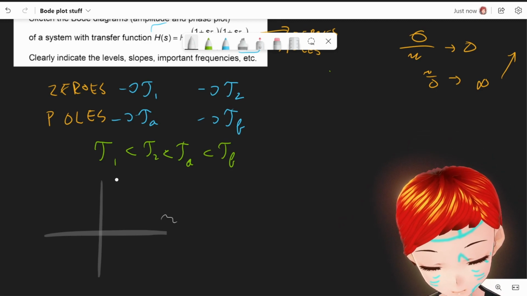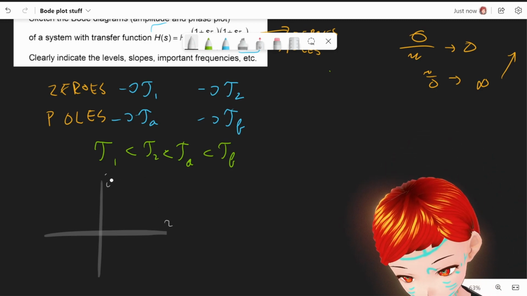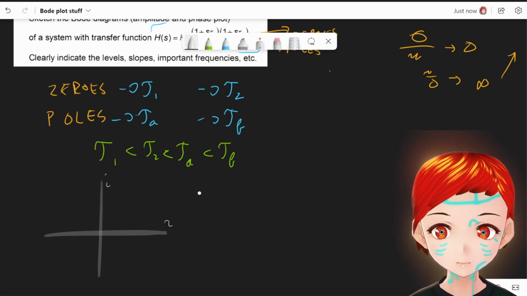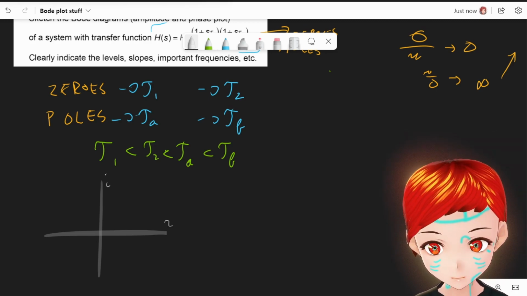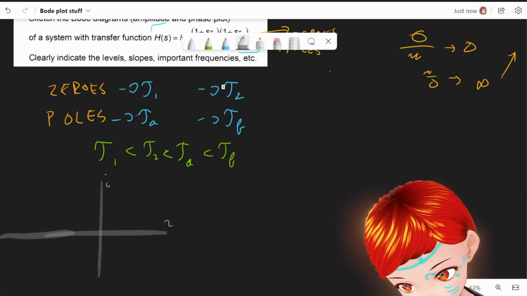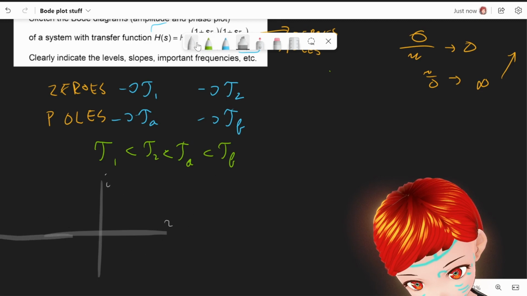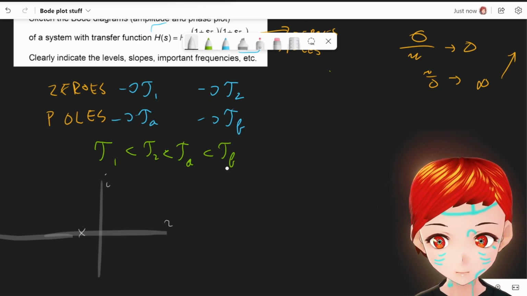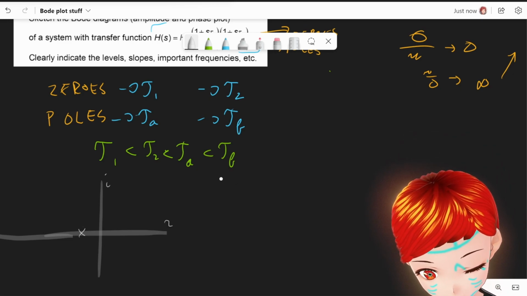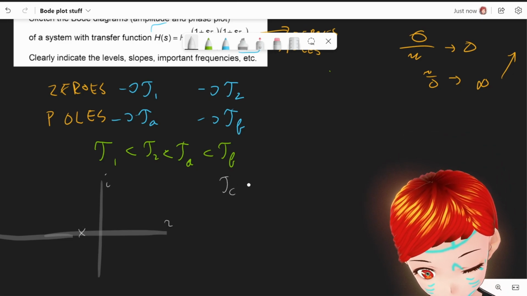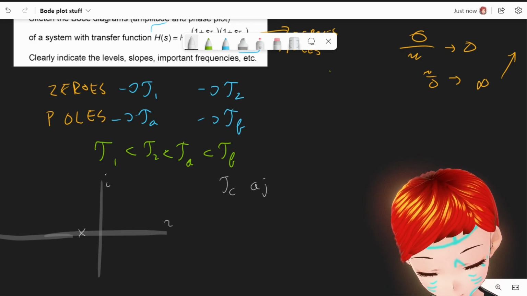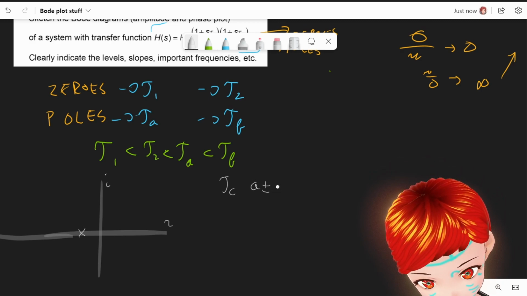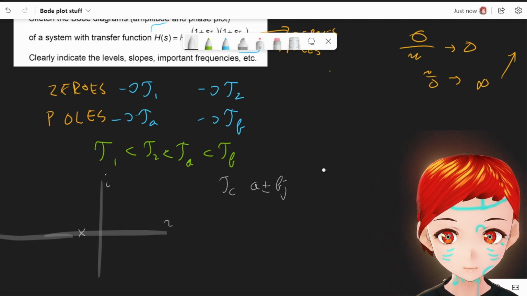This isn't yet a Bode plot, but this is a good way of just showing where these points might be lying. So tau b is said to be the biggest one out of these. You could put tau b right over here somewhere. This is if we are assuming tau b to be a real value. However, say if we'd also have tau c, which would, for example, be a plus minus bj, or i, if you're not an electrical engineer,